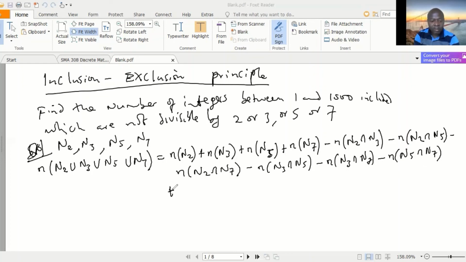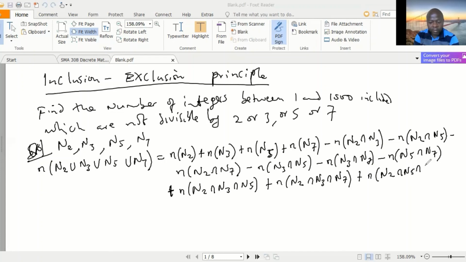and then include those in N2, N3, N5, include those in N2, N3, N7, include those in N2, N5, N7, include those in N3, N5, N7. I think I've included everything there,